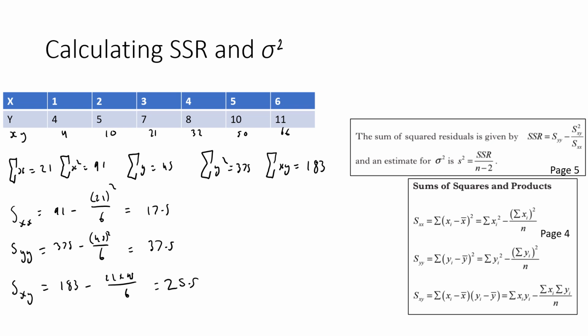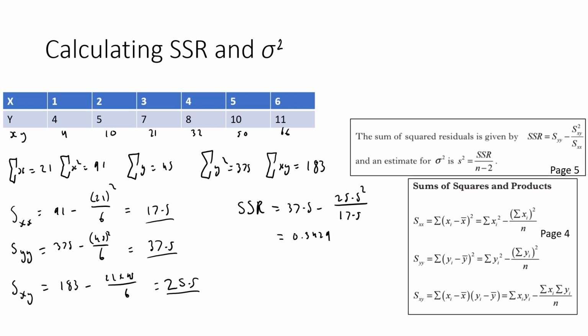Okay, after calculating all of that, we have our three values. And now we can calculate SSR. SSR is equal to Syy, which is 37.5, minus Sxy squared, which is 25.5 all squared, over Sxx, which is 17.5. And that gives me